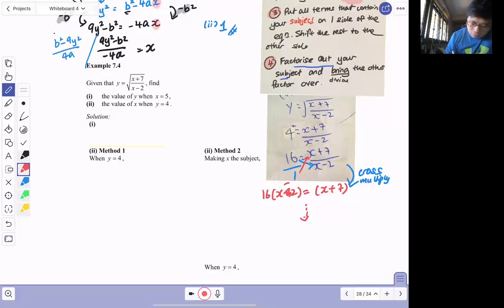For example, 7.4 part 1, the answer is 2. X equals 13 over 5. I mean, x is just 13 over 5. Okay, so the two methods, if you want to put this over here,